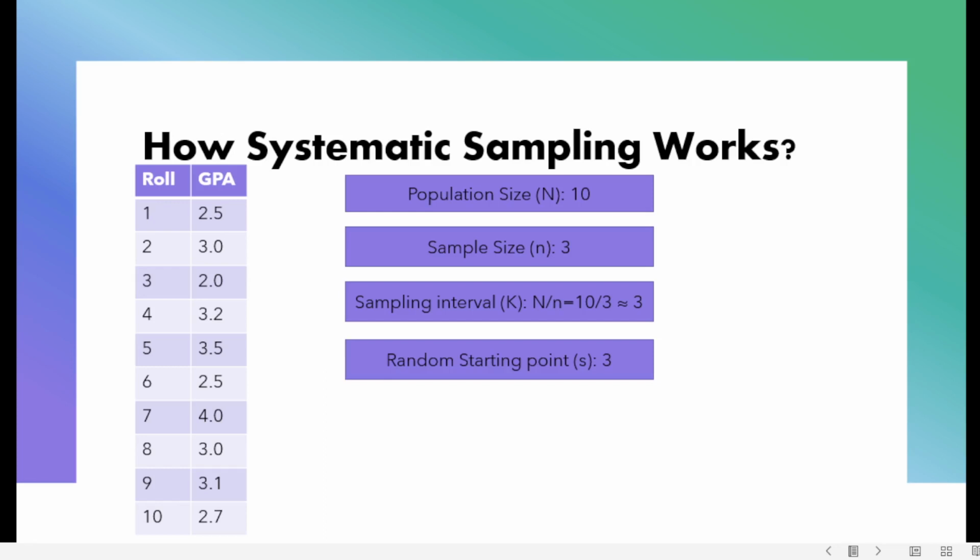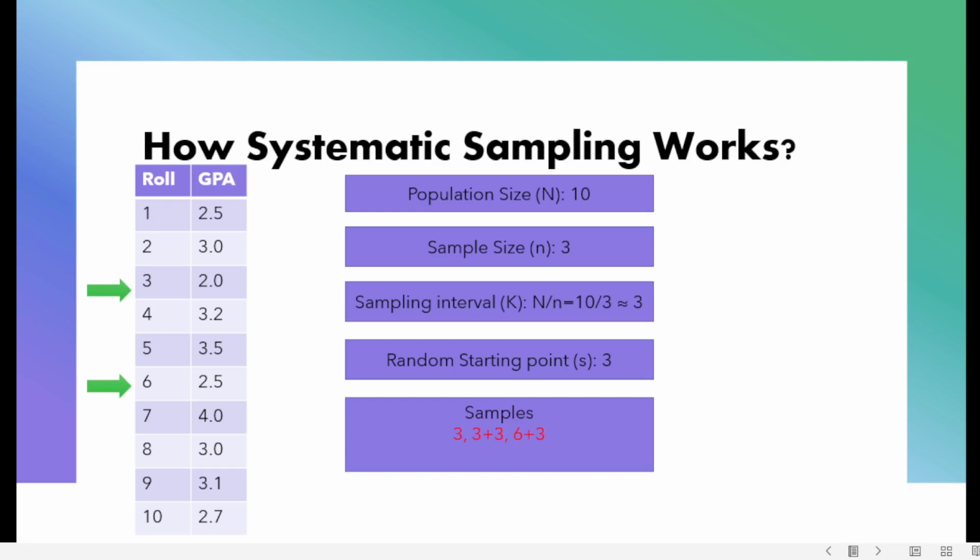Let's say our starting point is 3, so we will start the selection from the third record. This is our starting point, and the next point will be 6, because 3 plus 3 is equal to 6. And then the next will be 9. In this way we can perform systematic sampling, and we will get a sample of size 3 like this one.